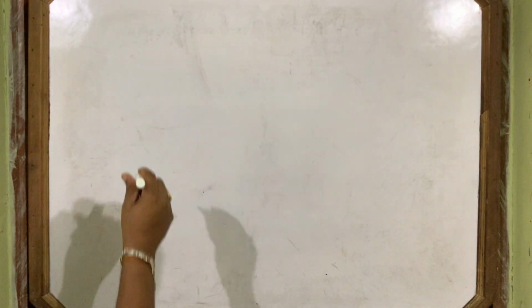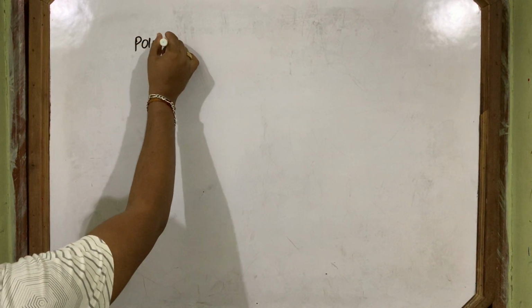In the previous lecture, we had started vector addition, and you know vector addition has three laws. The first two laws, the triangular law and the parallelogram law, we have discussed in the previous lecture. They are meant for addition of only two vectors. But when it comes to the addition of more than two vectors, which law will help you? That is the polygon law. So now we'll discuss the polygon law of vector addition.